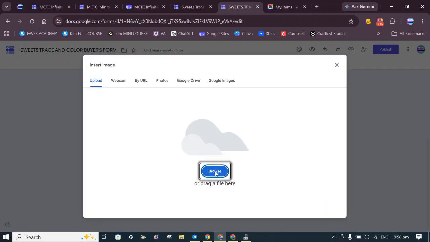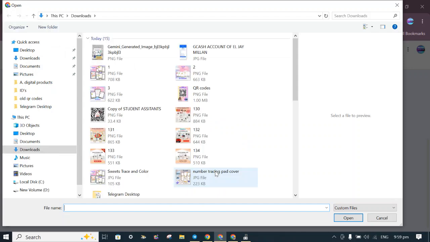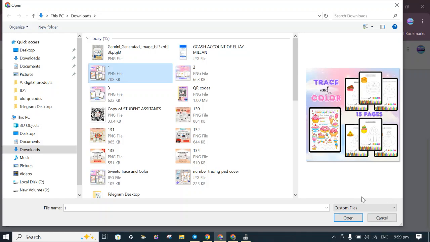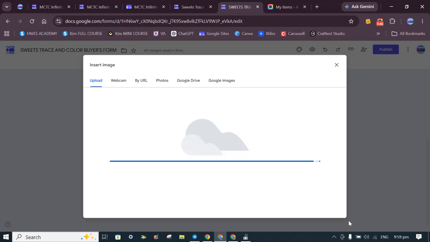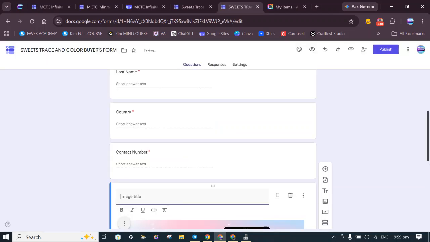So, click browse, and then, di ba nakapag-download ka na ng mock-up photo in your phone or in your gadgets, laptop or desktop, then you're just gonna upload it there.